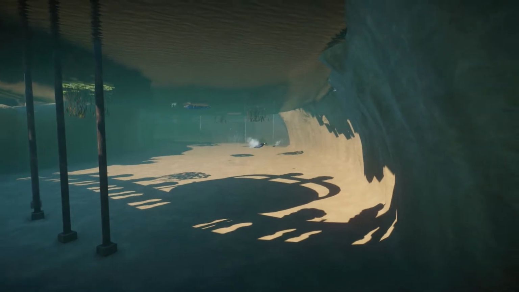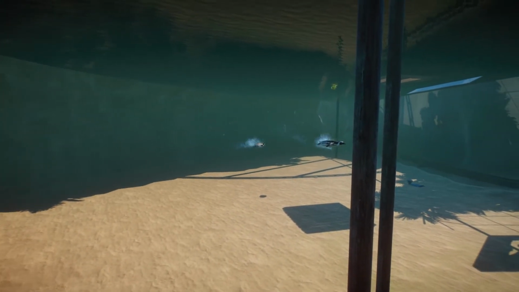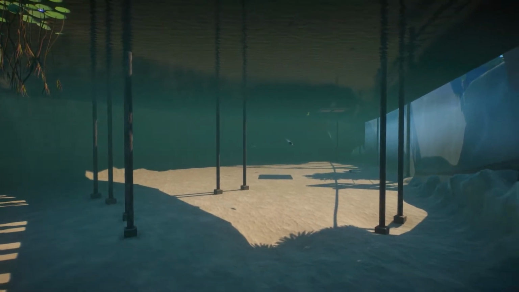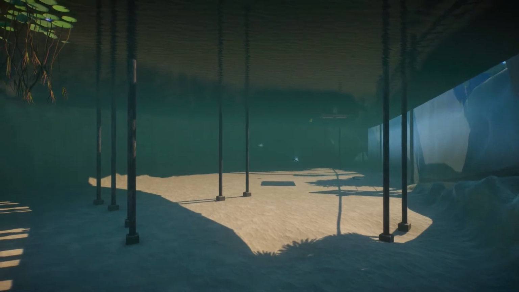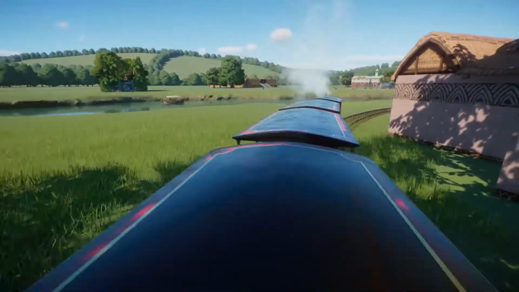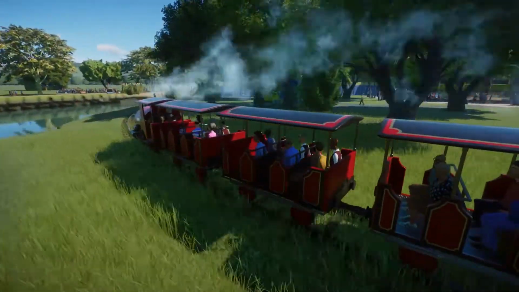I have an African penguin habitat speed build for you today. So we're going to look at a couple of cinematics and then go through the speed build and then a real-time tour. So we're going to take off here from the fennec fox and meerkat station that I uploaded last